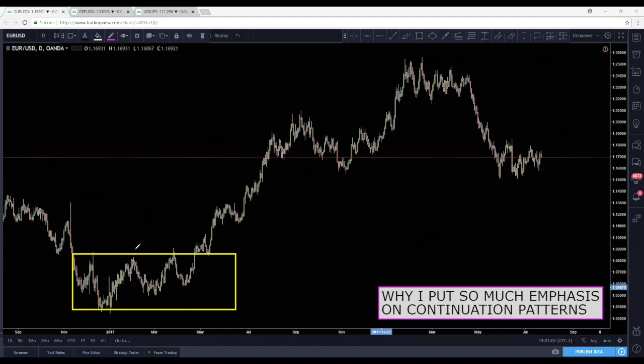We can see here in this example that structure was consolidated for quite some time and was unable to break out. Now, notice though, how did this bullish trend come about? And how did it go about? Well, the bullish trend, legends, started the moment that we cracked above the range or the consolidation, creating higher highs. But notice what we were stating in the previous example. We need 4 movements to validate trend, right? So on the bullish side, we need a low, a high, a higher low, and then a higher high.